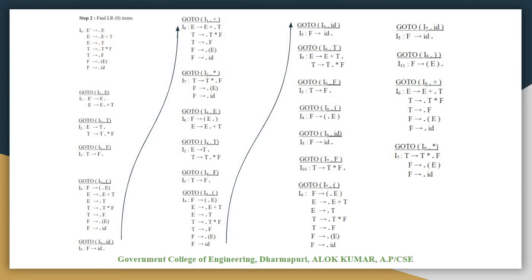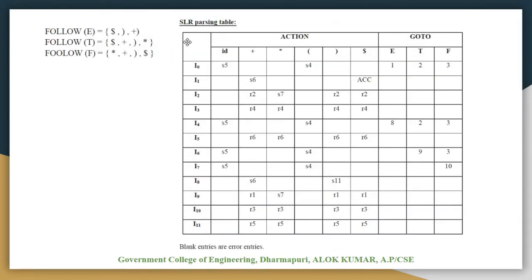So based on this, we will construct one parsing table using these LR(0) items. So how we are going to construct this, we will see. Here we will write all the I0 items and so on. Okay, and here action and goto. For action we will write all the terminal symbols including dollar, and for goto we will keep all the non-terminals.